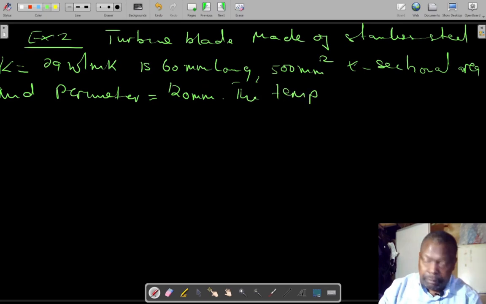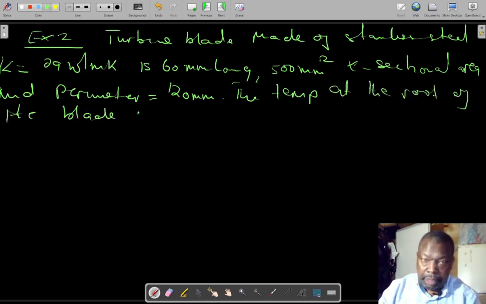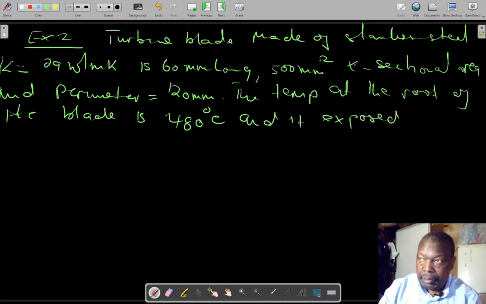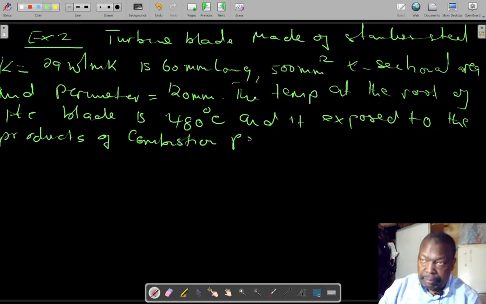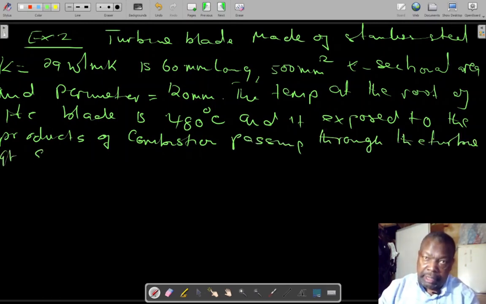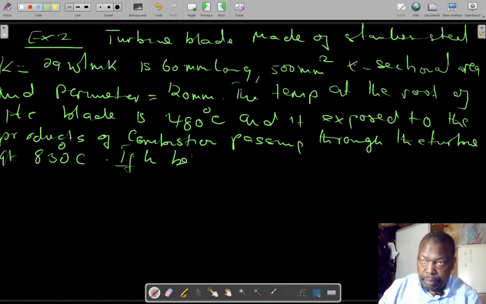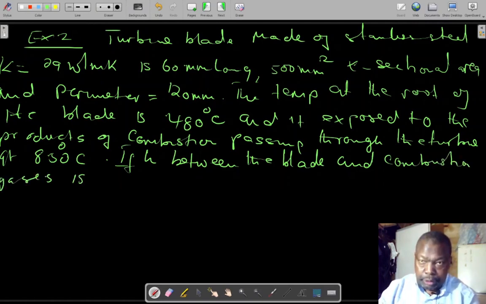The temperature at the root of the blade is 480 degrees C, and it is exposed to the products of combustion passing through the turbine, and they are at 850 degrees C. We are told that if h between the blade and the combustion gases is 320 watt per meter squared Kelvin,